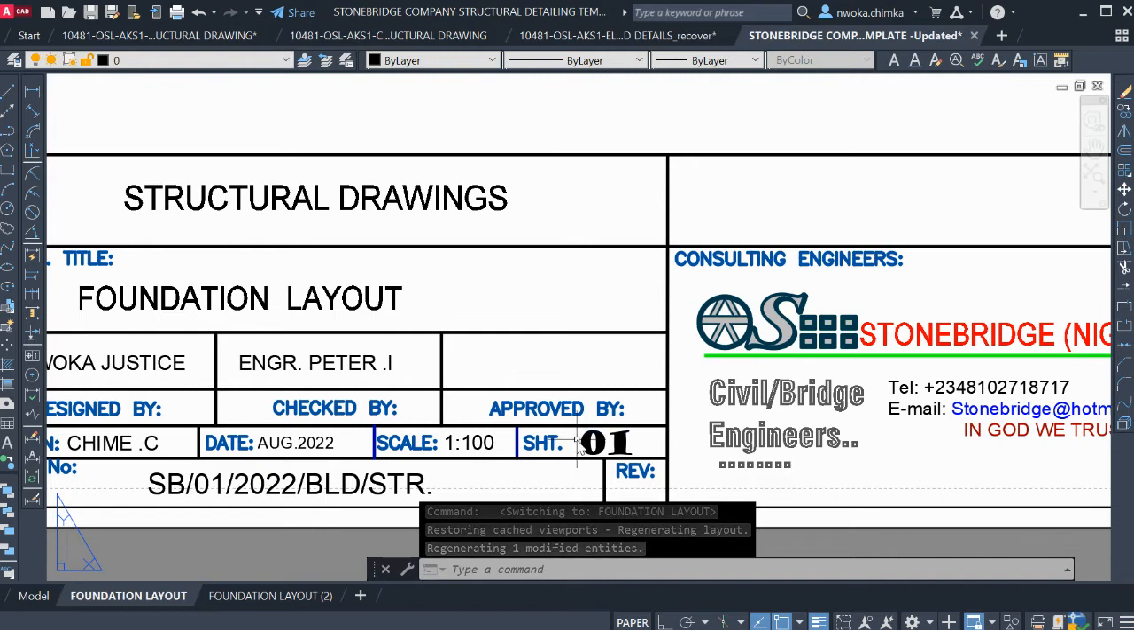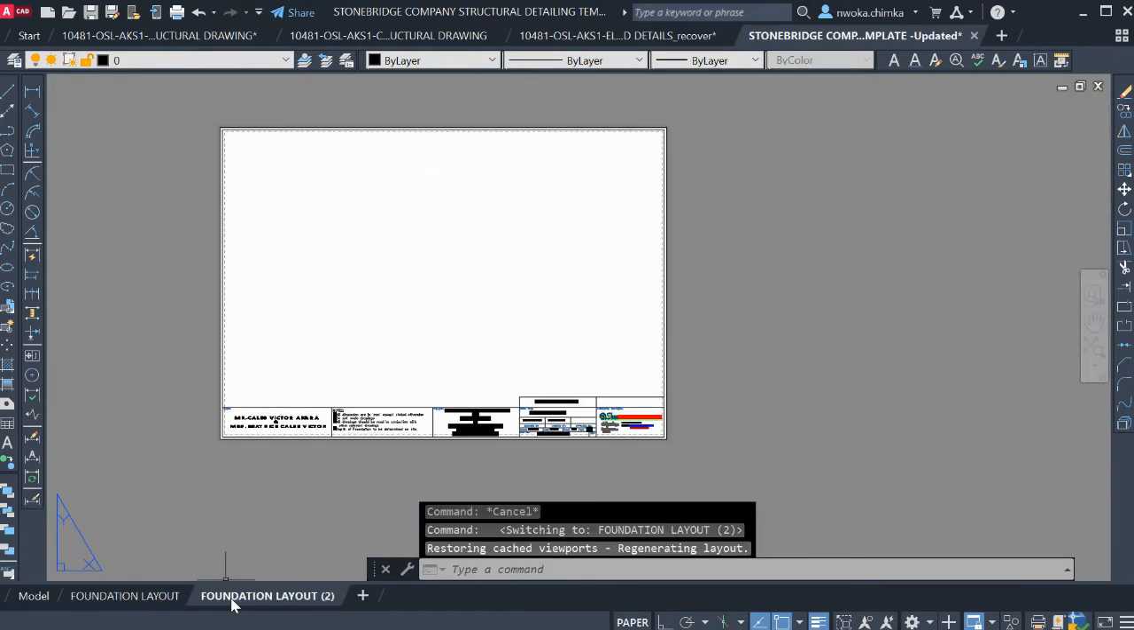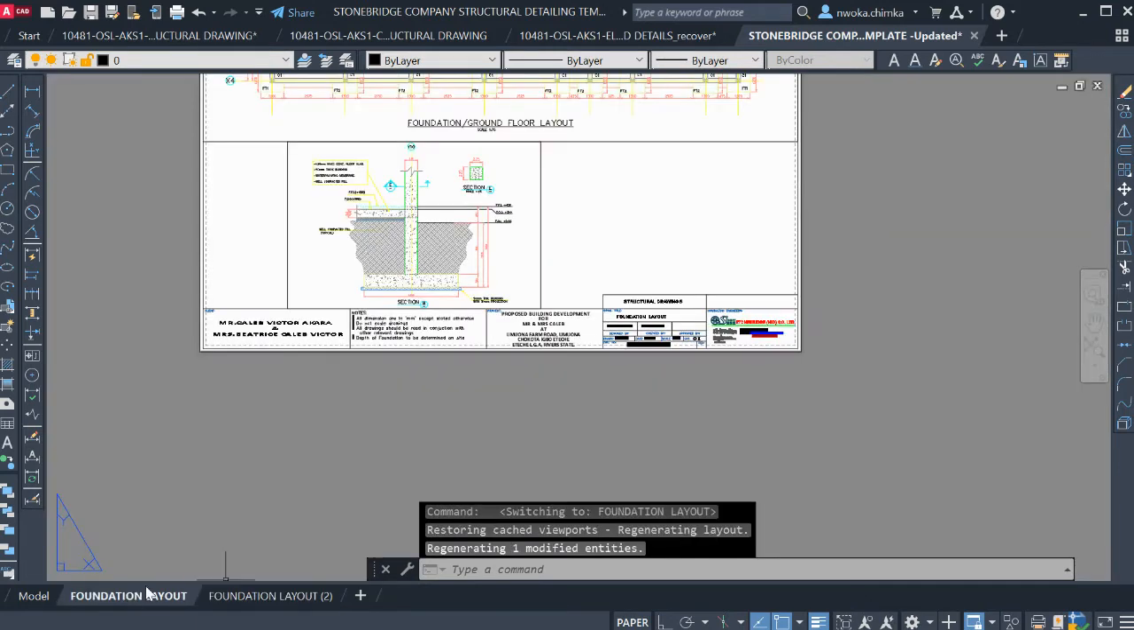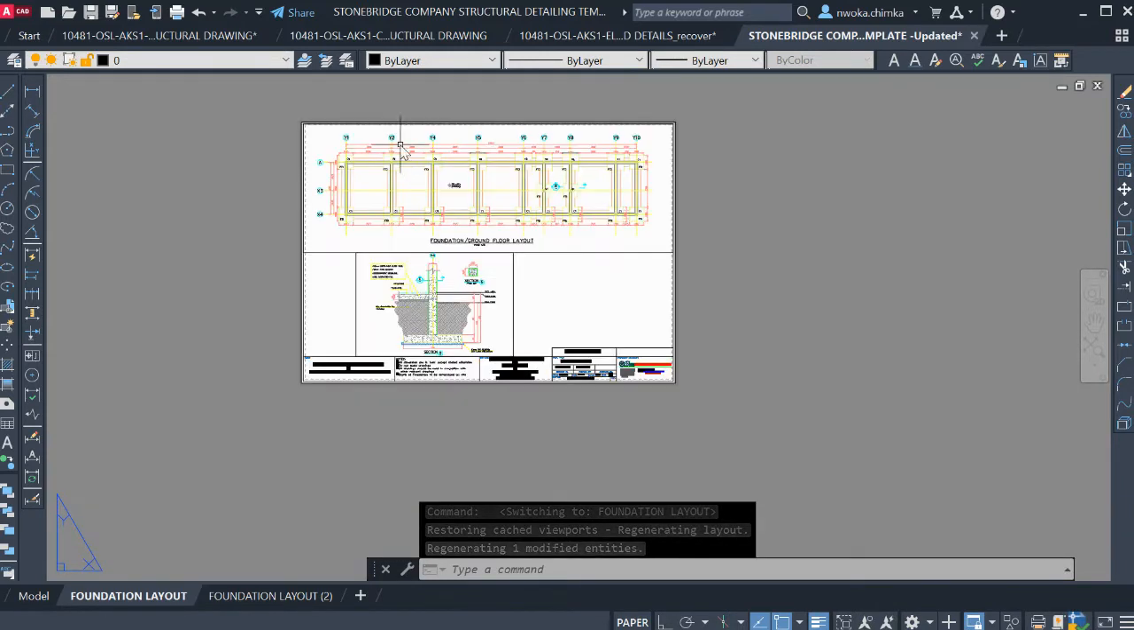So this is sheet 1 right now. I'll now go and click on this sheet 2, right click here to rename it. Now if you don't want to see your drawing on this sheet as colored,